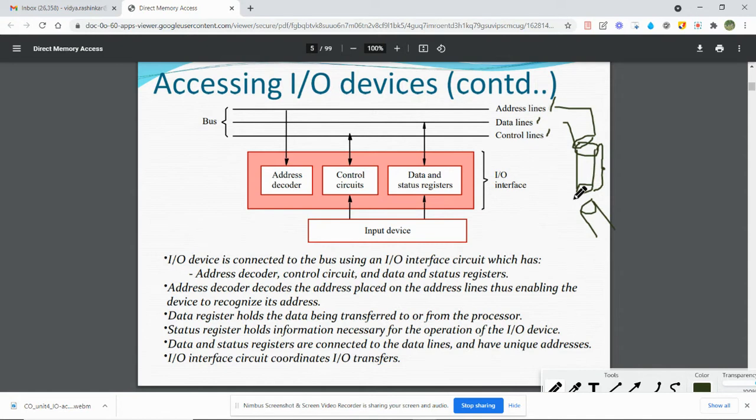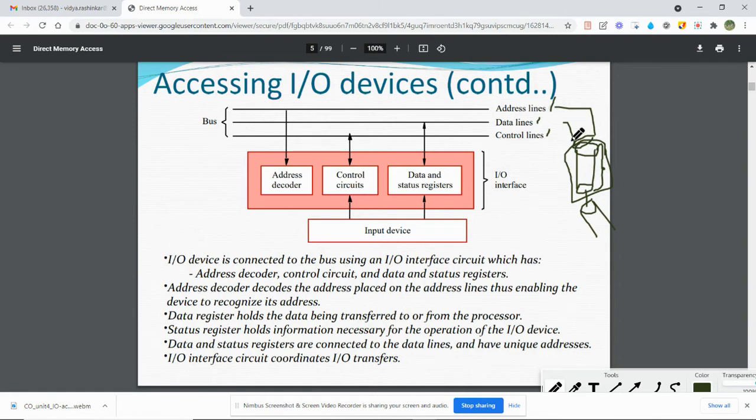This interface has a circumference at one side equivalent to the pipe, and at the other end equal to the size of the tap. Here this is a real life example for an interface. We cannot connect this pipe directly to the tap because its size is different.